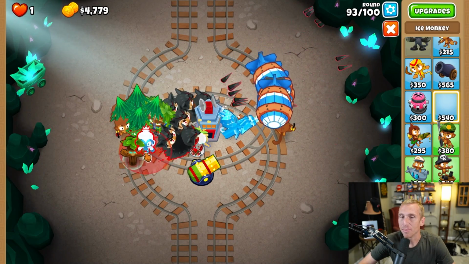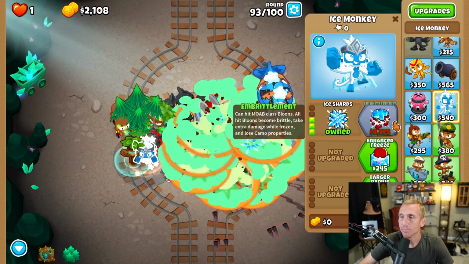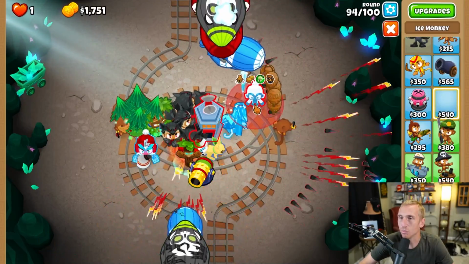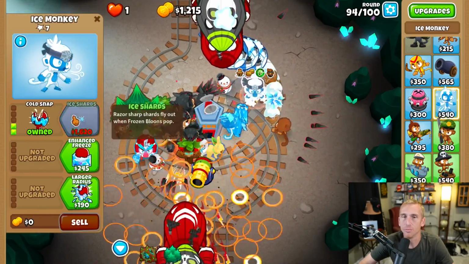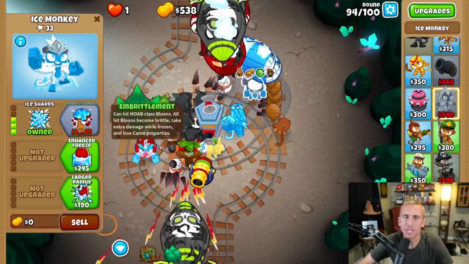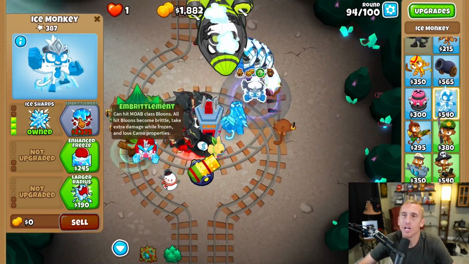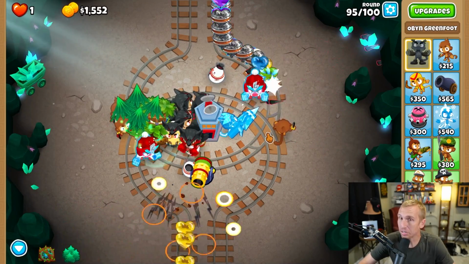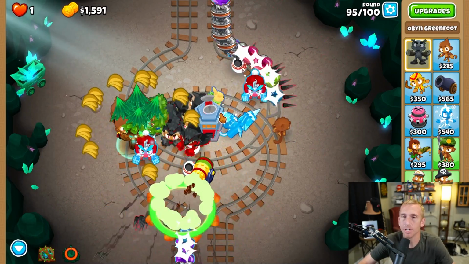Next, what we're gonna do is grab an ice monkey right here. We're gonna go all the way up to Embrittle, Enhanced Freeze, and Deep Freeze, and we're gonna do the same to the other side as well, which is gonna make our projectiles do more damage or the MOAB class get weaker, something like that. Either way, it's just gonna help us shred through these things, make it super simple for us. Now, round 95 can be a little sketchy, not gonna lie, so we're gonna put another tree down